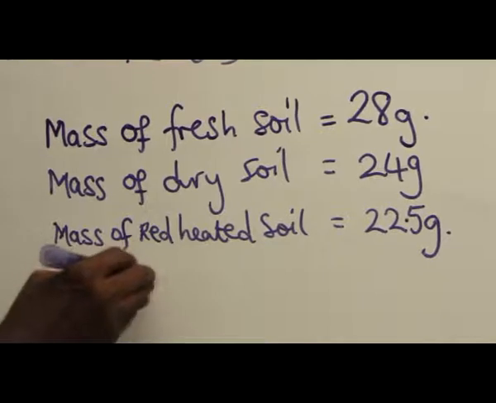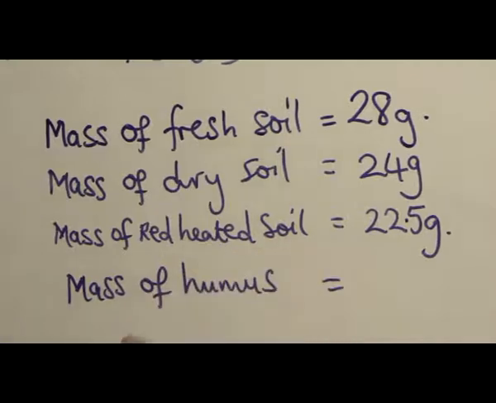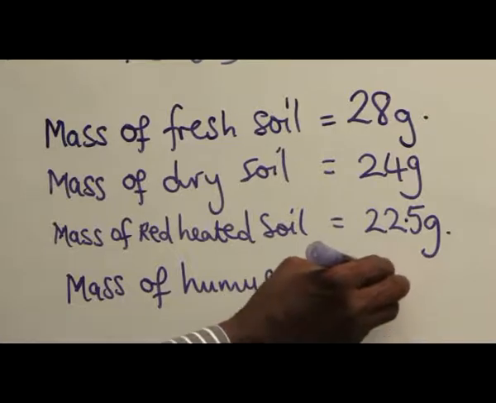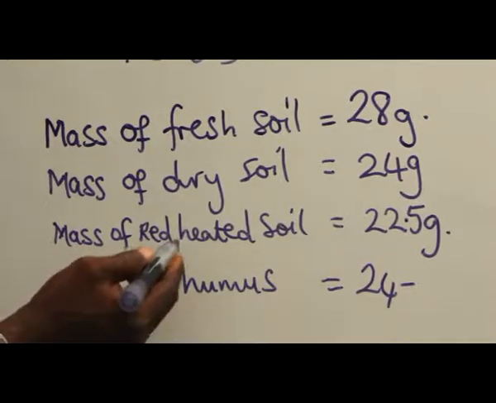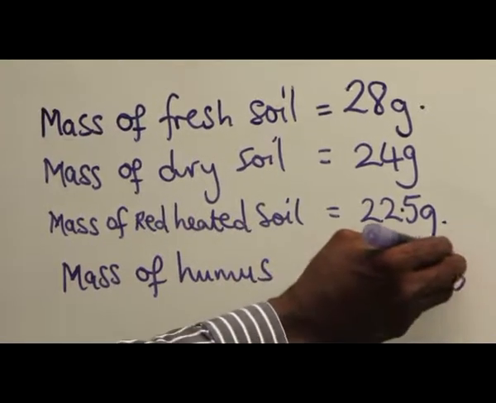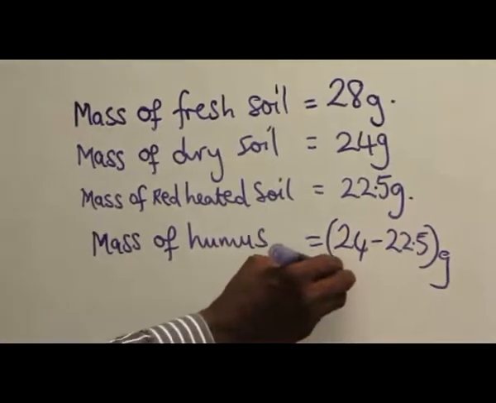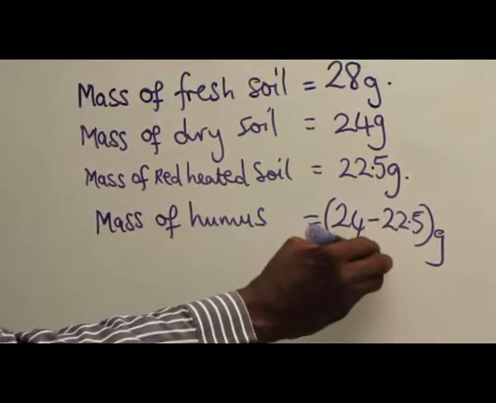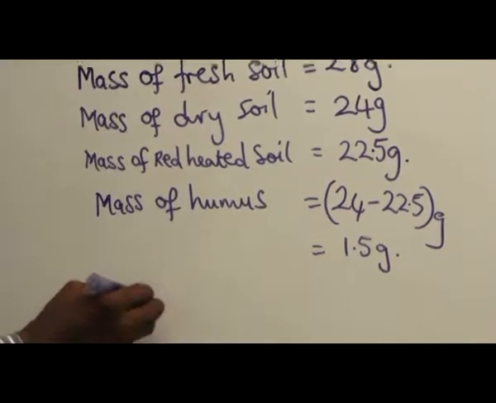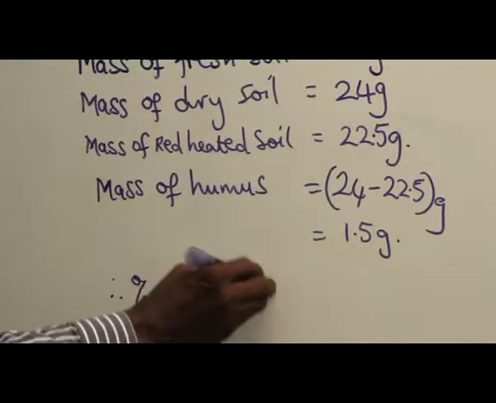Mass of humus is equal to the mass of the dry soil, which is 24, minus the mass of red heated soil, 22.5 grams. This gives us 1.5 grams. Therefore, the percentage of humus in the soil